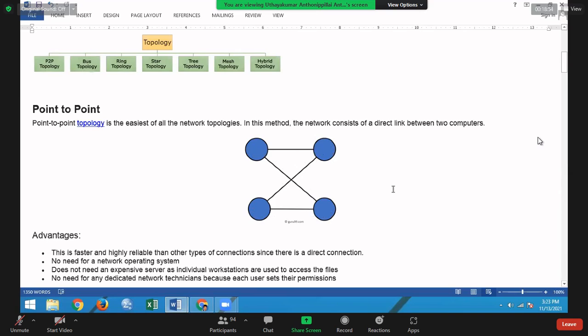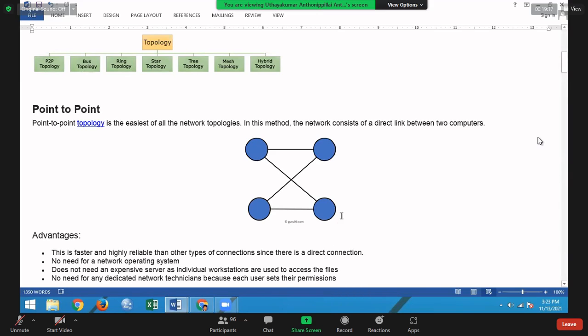You can rearrange this point-to-point circuit, and sometimes it can be displayed as a ring topology.